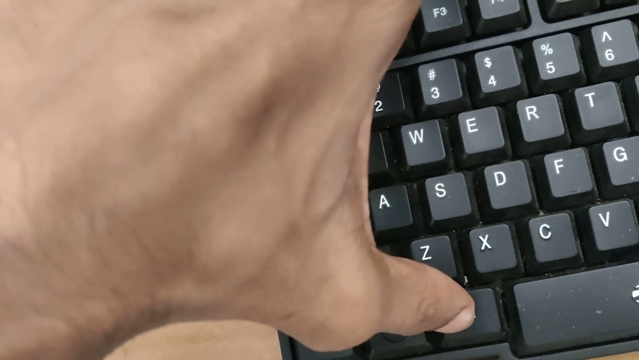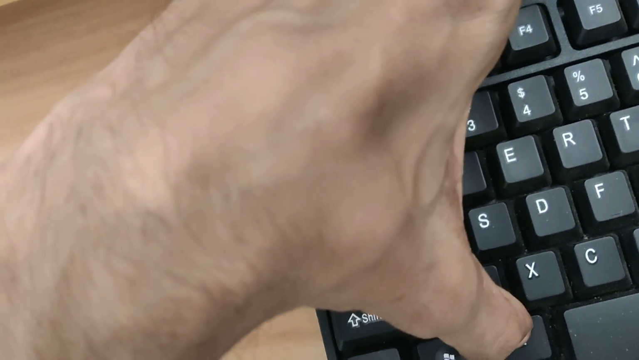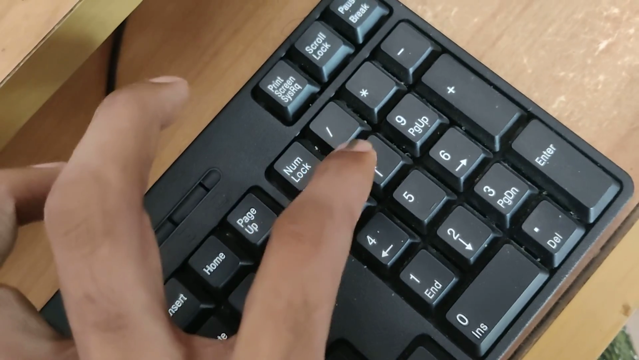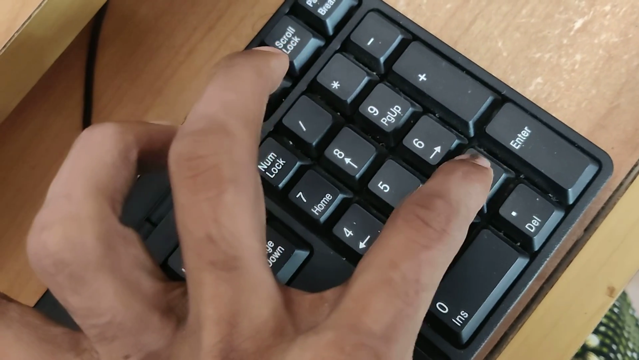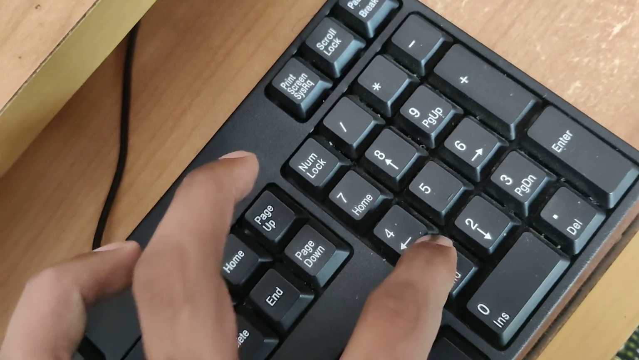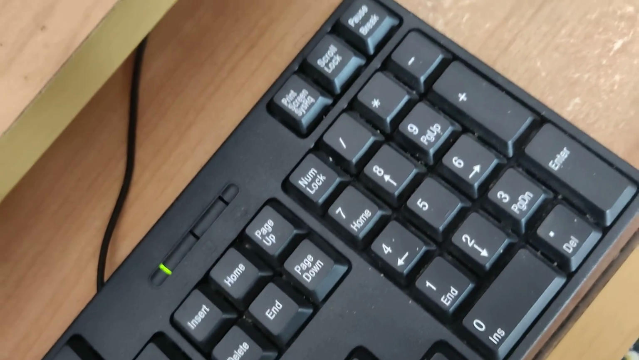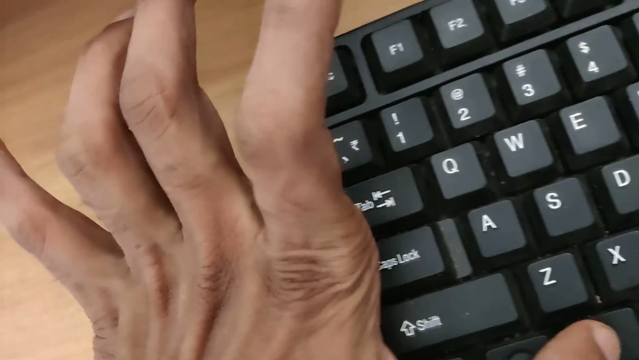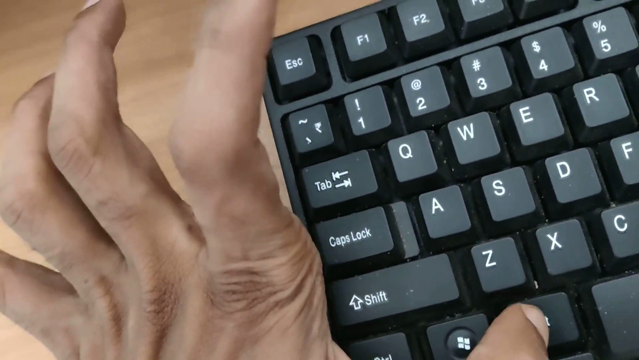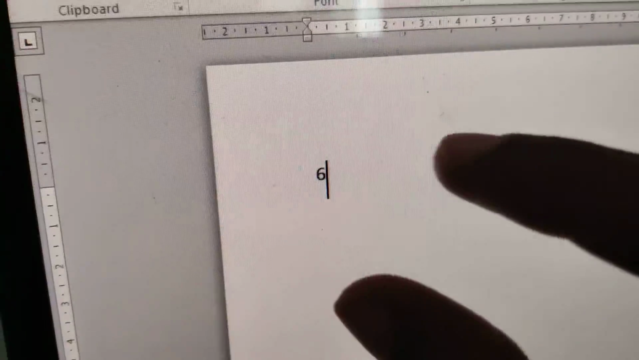Now you can see the alt key on the left side of the space bar. You must press and hold this alt key. You don't remove your finger from this alt key. At the same time you must type here 8310. After typing 8310, you can simply release your finger from this alt key, and you can see that